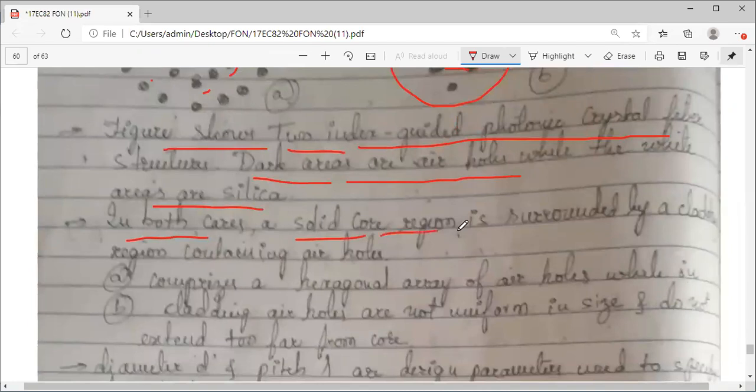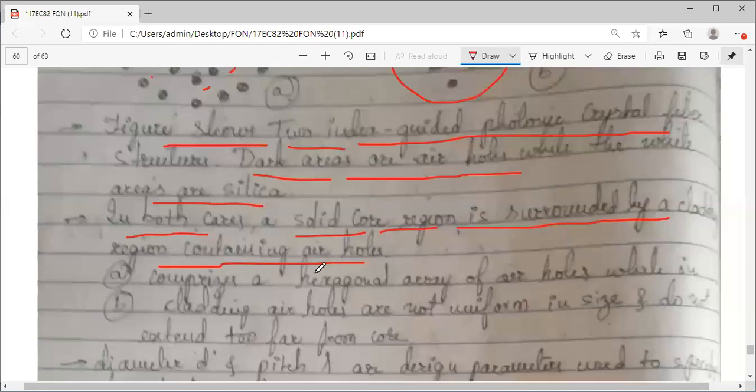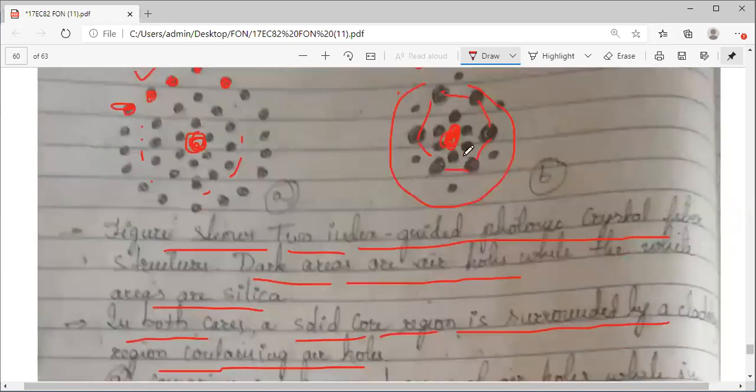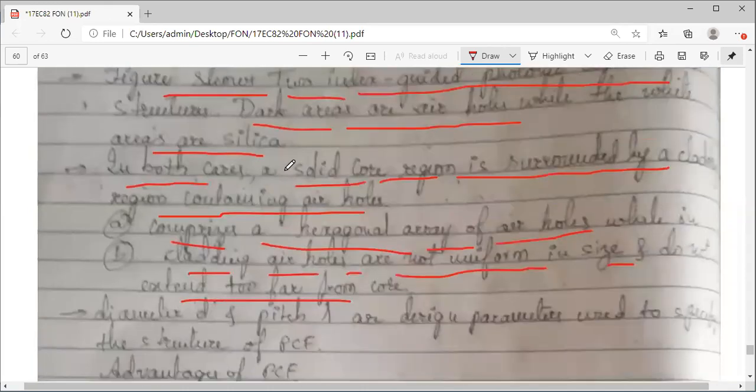So this solid core is surrounded by a cladding region containing the air holes. Okay, figure A comprises a hexagonal array of air holes, and in figure B, the air holes are not uniform in size and they do not extend too far from the core. So they are very near to the core in the structure.